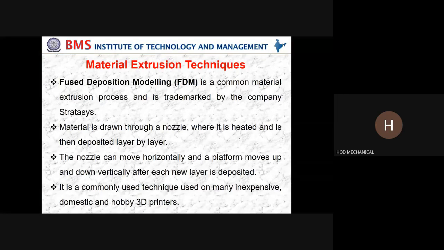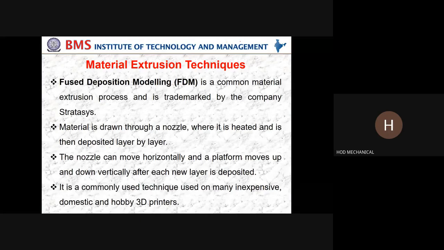Please observe, very important. All your 3D printing nowadays, whatever you are observing, is built by using the FDM technique only. Please understand, by using the FDM technique only. This FDM has been developed by a company by name Stratasys. Please remember, Stratasys is the company which has the trademark for this particular technology. The patent trademark of fused deposition modeling was held by Stratasys.